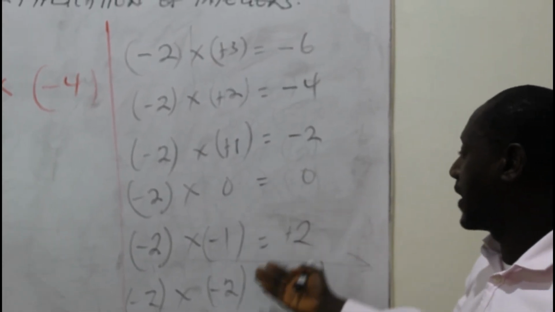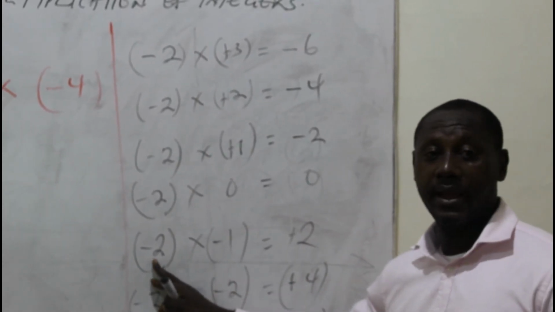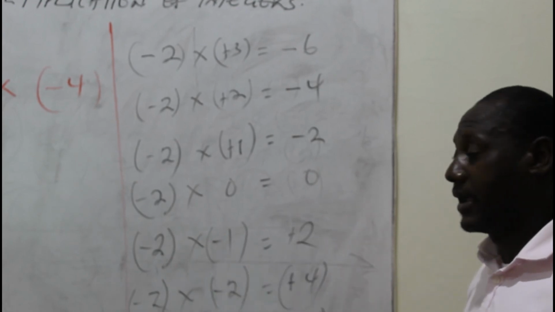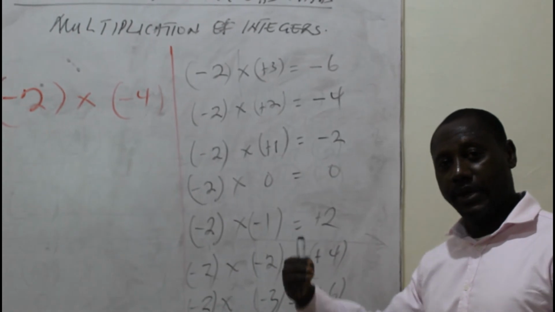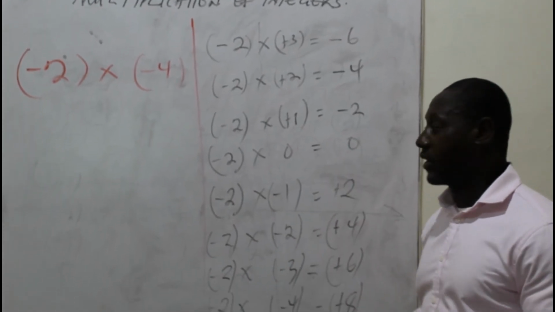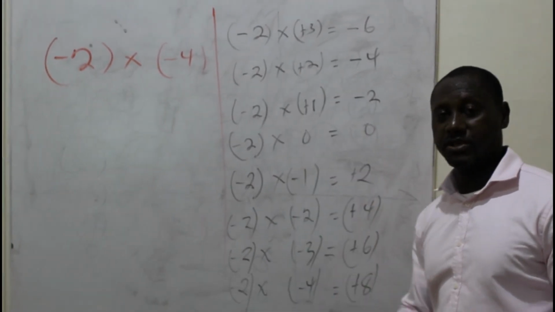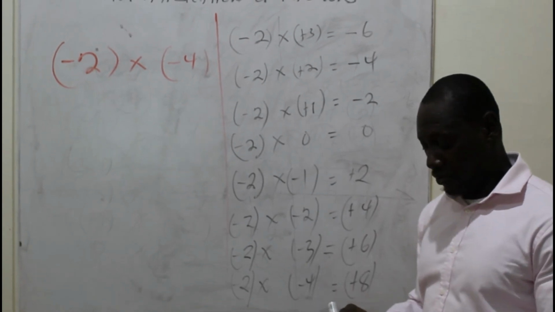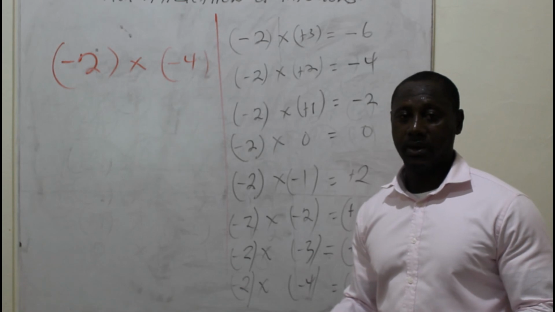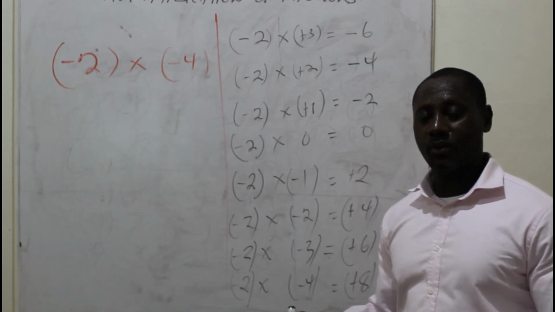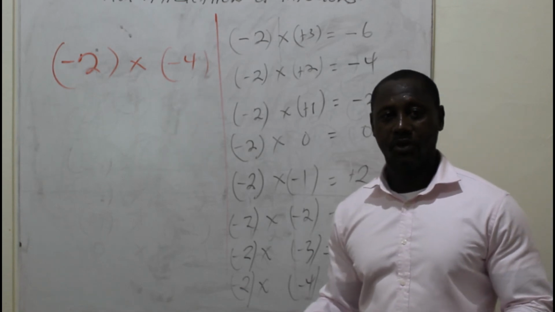And they also identify that when you multiply a negative number by a negative number, the result is going to give you a positive number. So they have to go through these activities before they can make those generalizations. And when they are done with that, they will know how to multiply integers. Okay. So now we are done with the multiplication, and the focus is going to be on